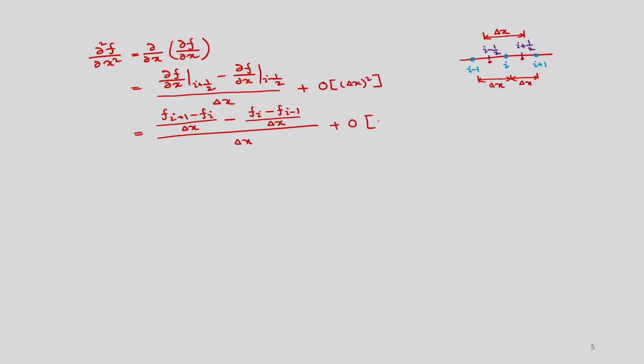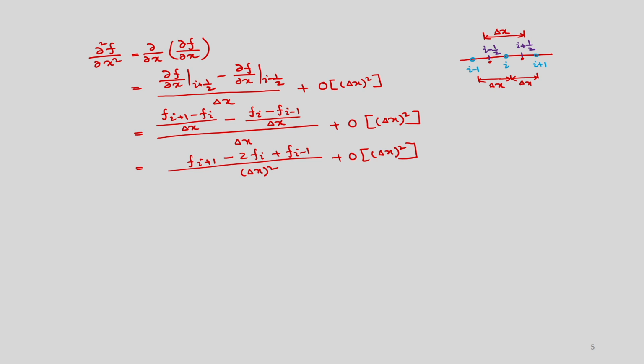So, the order of accuracy of this approximation will be delta x square. So, now you can write it as delta x square, so it will be f I plus 1 again minus twice f I, plus f I minus 1, and order of delta x square. So, this way also you can derive the finite difference approximation of the second derivative of f with respect to